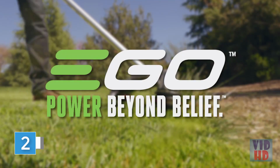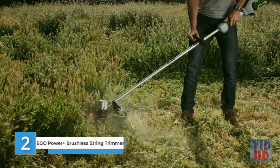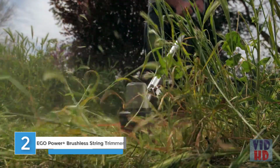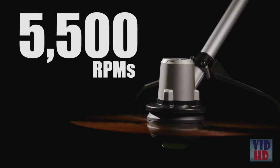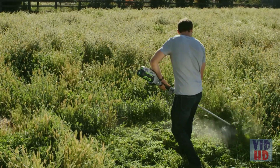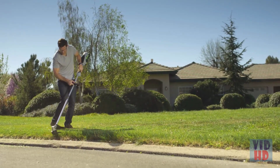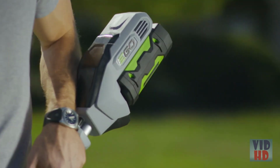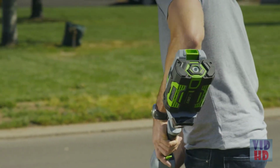The Ego 56-volt Power Plus 15-inch brushless string trimmer delivers the ultimate in power and cut capacity. An all-new brushless motor produces 5,500 RPMs of cutting power, clearing even the most aggressive overgrowth, weeds, and brush with ease. It's fueled by the industry's first 56-volt lithium-ion power source, giving you up to 45 minutes of runtime and